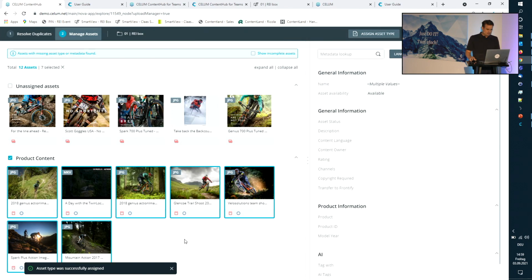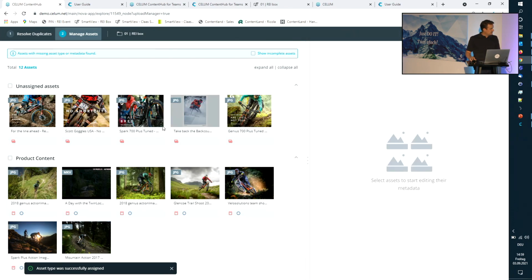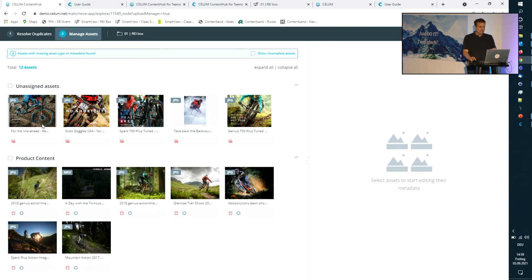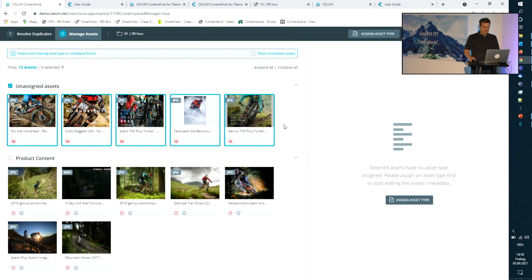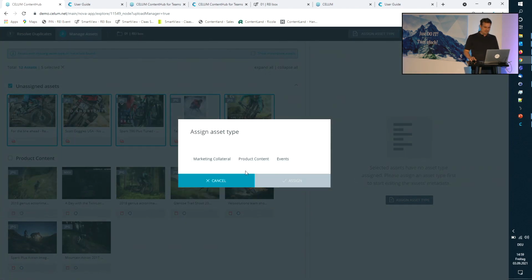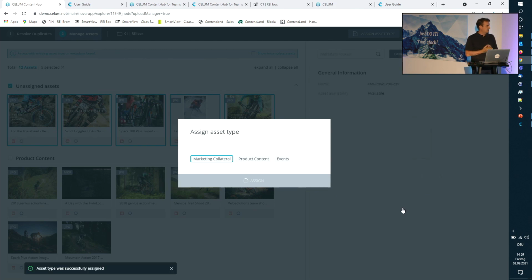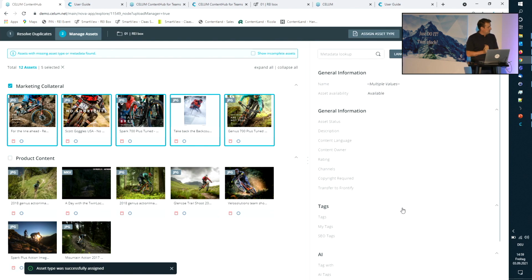And so you see now, we have unassigned assets up here. We have assets that have asset type product content down here. And then the unassigned ones, they are going to get collateral. Those are for point of sale. They're going to be printed in huge formats. Okay, so I've uploaded 12 new files, decided on the duplicates, and now I have 12 new assets with